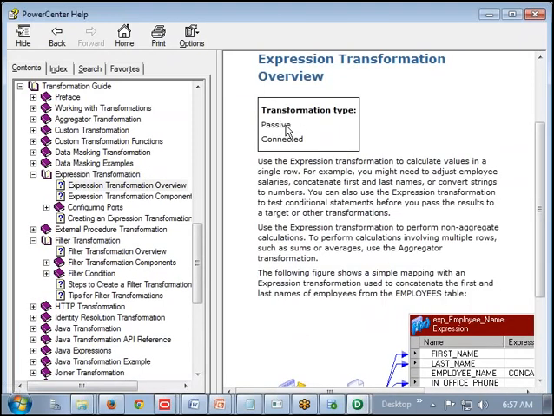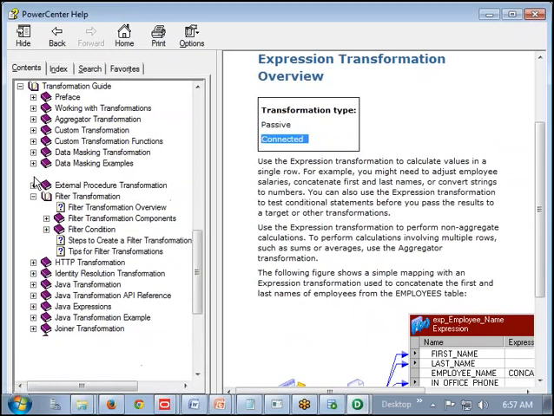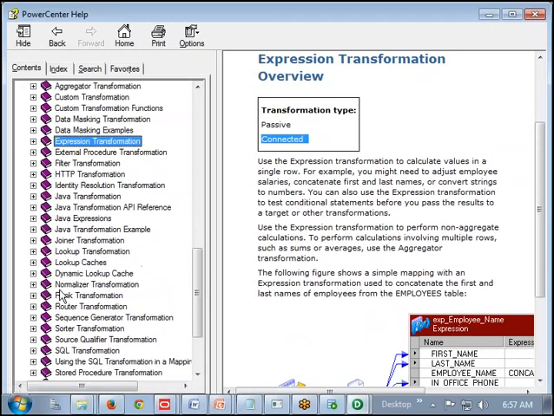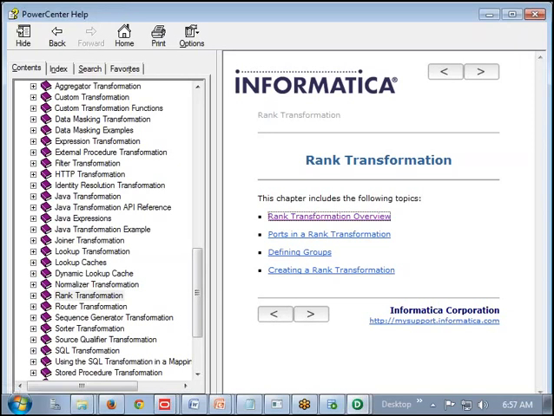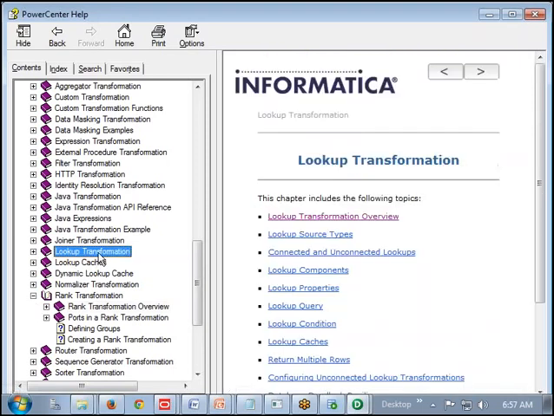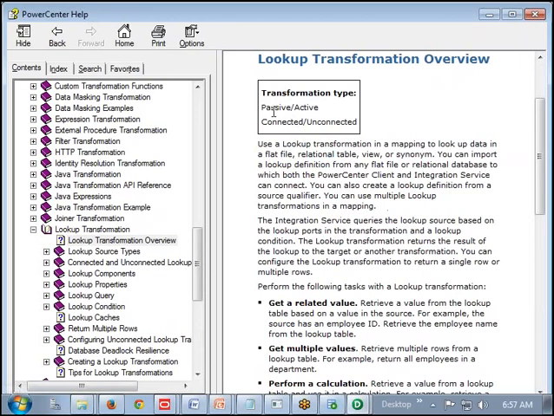Expression transformation is what? Passive. Next is what? Connected. So any transformation you take will satisfy one property from each pair: active and passive pair, one property; connected and unconnected pair, one property. Minimum that is. Maximum is what? Four, where both properties are satisfied. Suppose you take the Lookup transformation. It is satisfying what here? Passive as well as active, connected as well as unconnected.